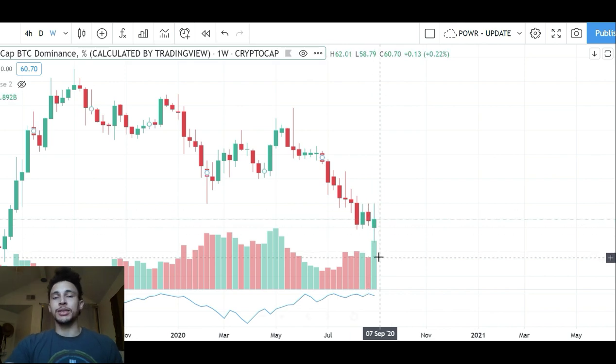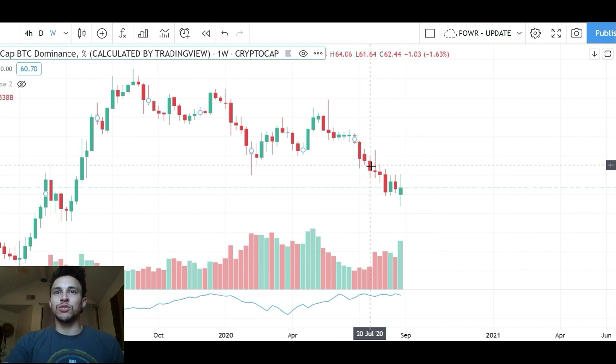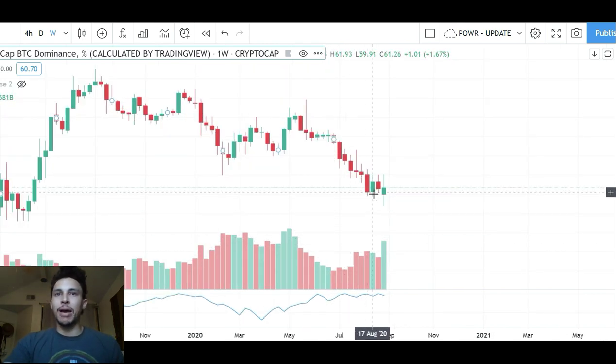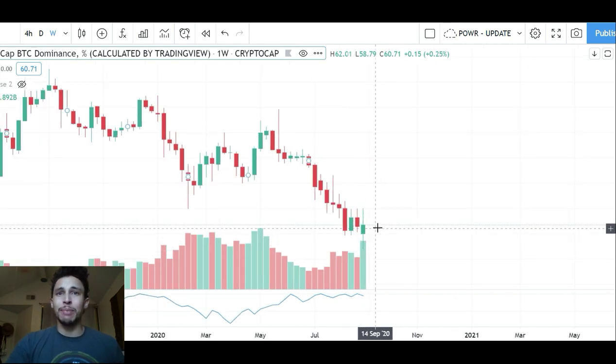2% down, 2%. What's happening there is the dollar was weakening, Bitcoin dominance was falling, which allowed money to flow into the altcoins. Bitcoin dominance started bouncing when the dollar started strengthening, because when the dollar strengthens, money moves out of the crypto market and into cash. And when money moves out of the crypto market, people run out of altcoins and get into Bitcoin. That's why Bitcoin dominance is bouncing somewhat.